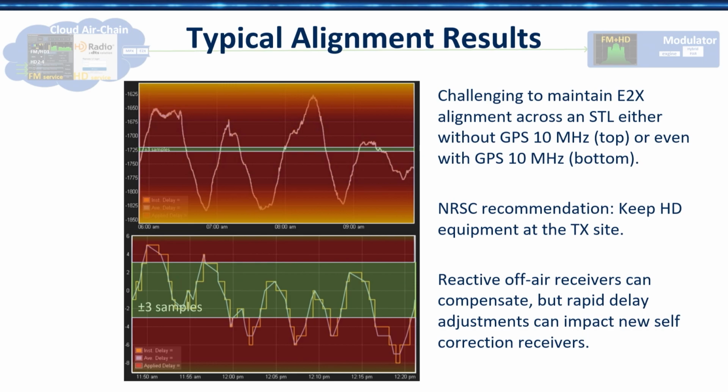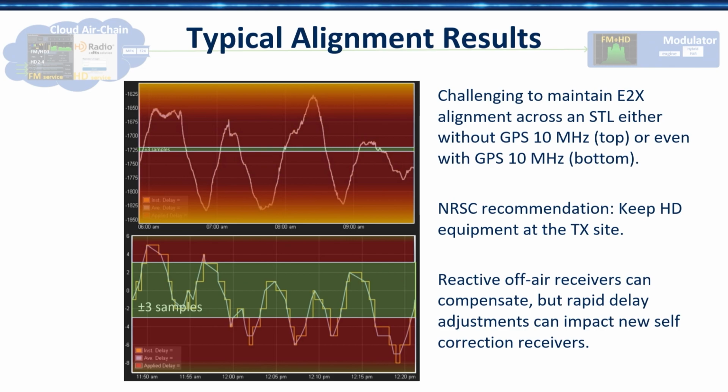Even if you plug in 10 megahertz on both sides, there's still temporary variations that make it very hard to get that 3 sample alignment perfectly. It is better, orders of magnitude better, but it's still not ideal, potentially. If you put a lot of care into your installation, it is possible to get good time alignment, but you have to watch it, and that guideline will certainly help you.